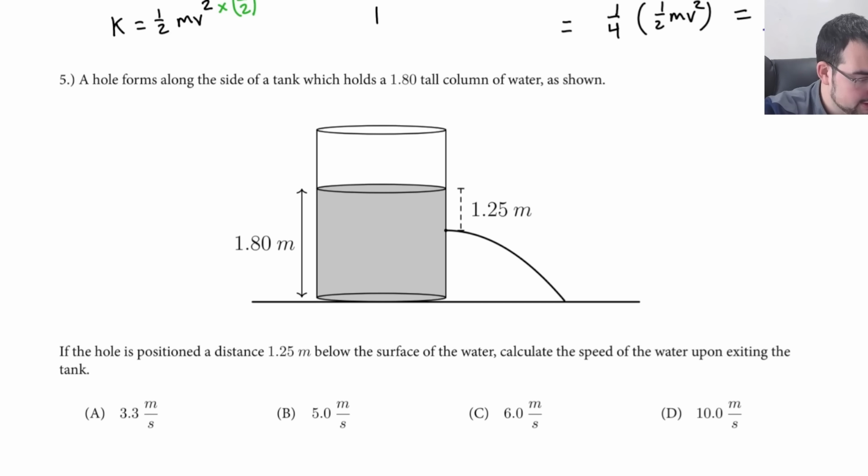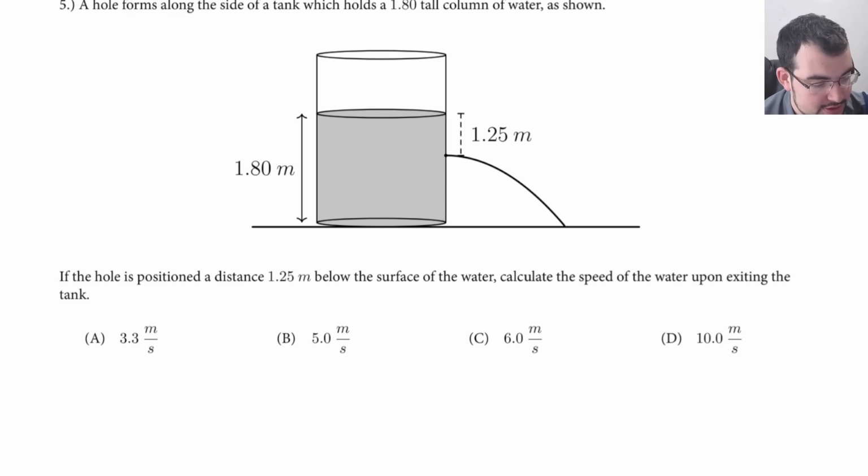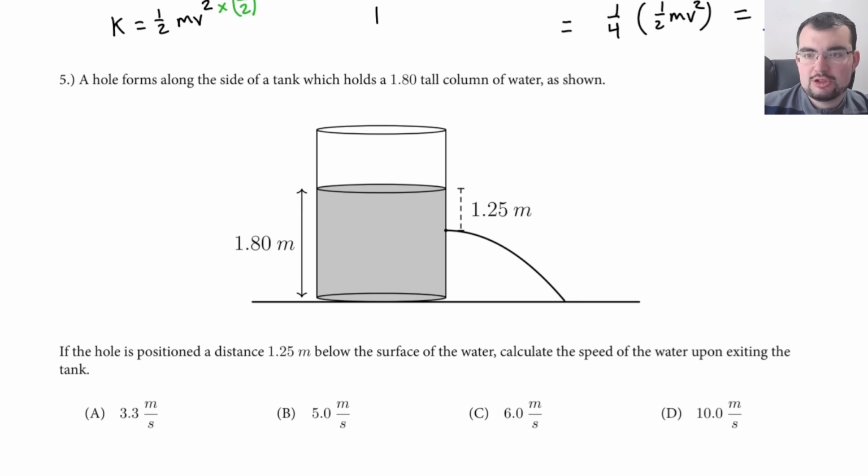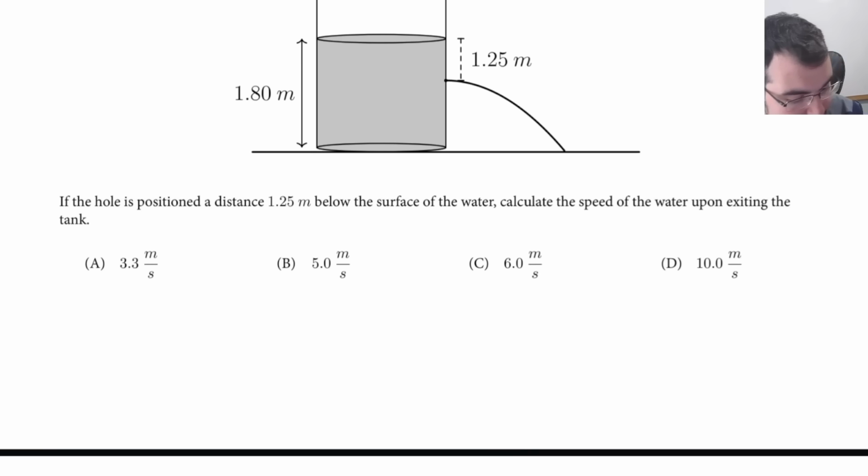All right, some more fluids. A hole forms along the side of a tank, which holds a 1.8 meter tall column of water, as shown. If the hole is positioned 1.25 meters below the surface of the water, calculate the speed of the water upon exiting the tank. So this is about speed, but it's not a narrowing pipes question, so it's not continuity, this is Bernoulli. So Bernoulli's equation tells us that